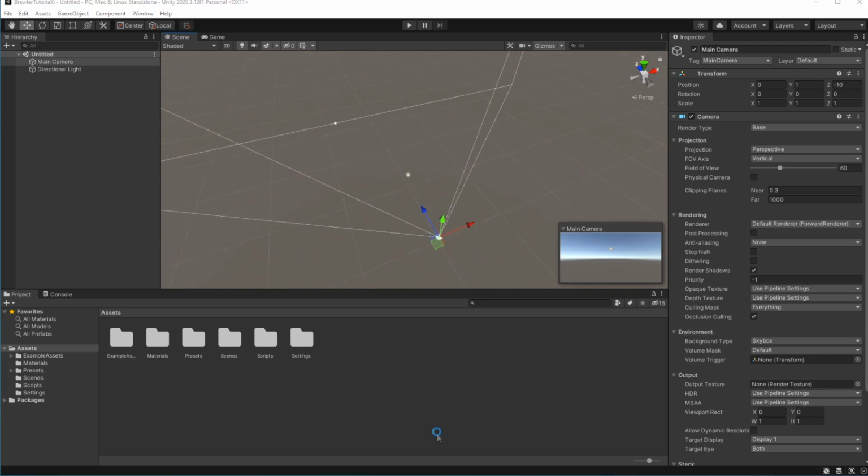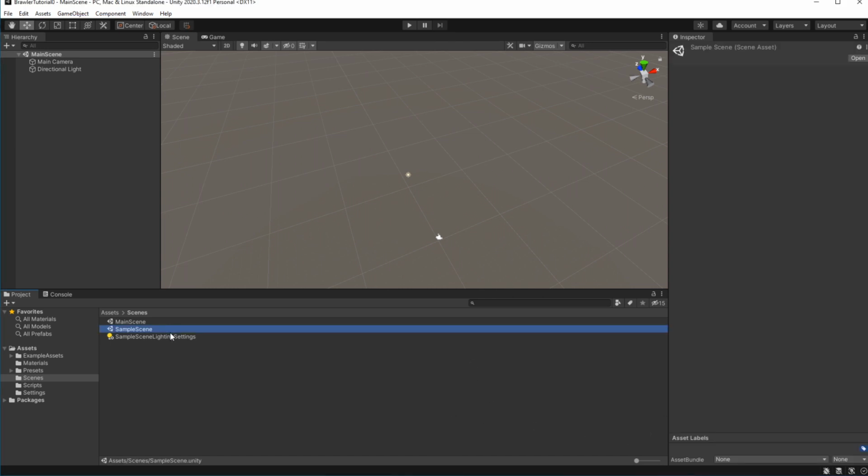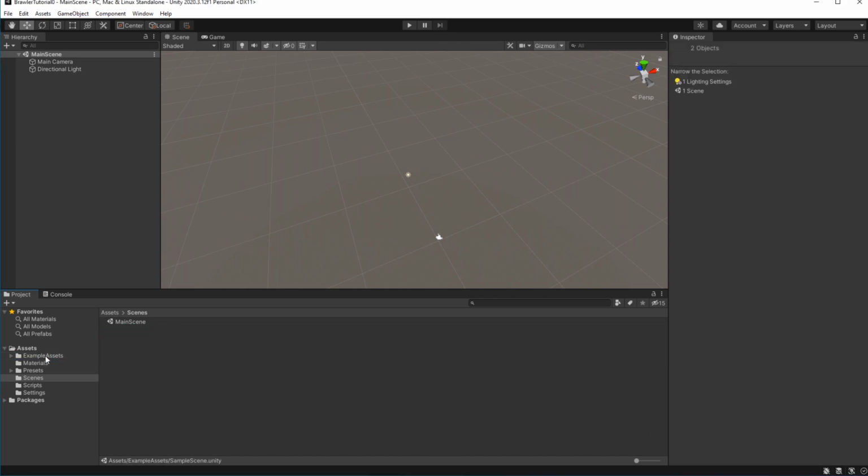Save it by pressing Ctrl S and put it into the scene folder. Let's move the sample scene and sample scene lighting setting into this example assets folder.